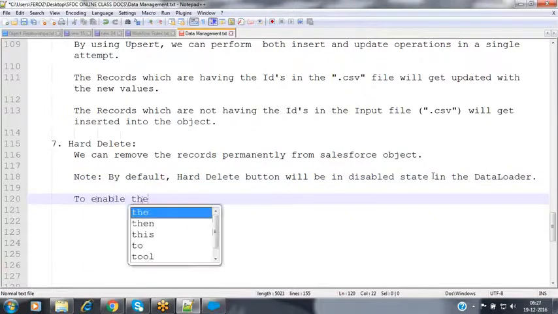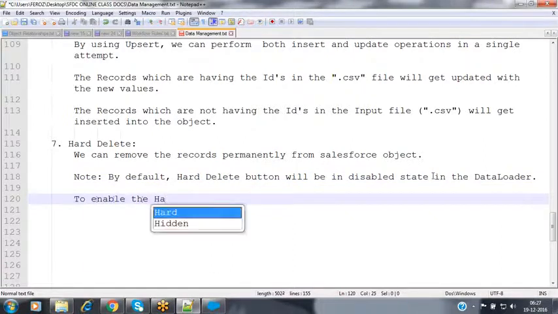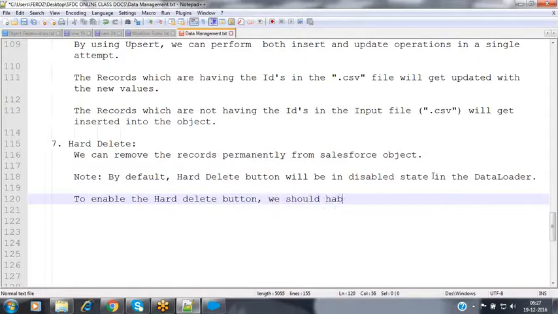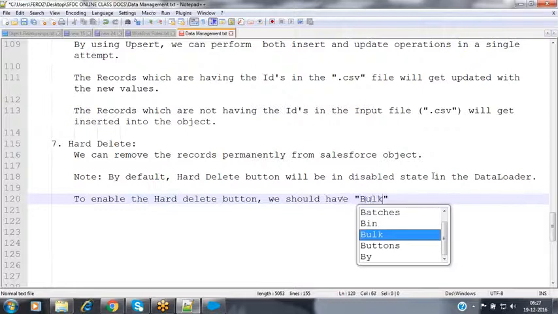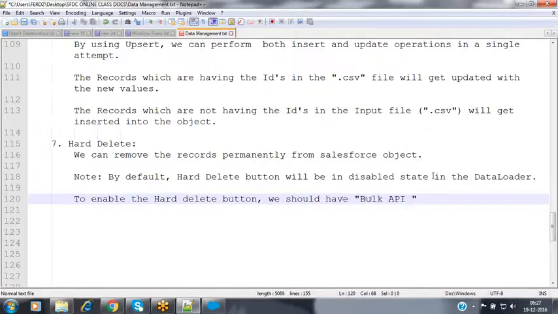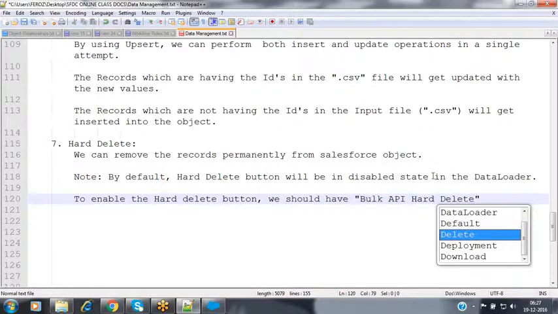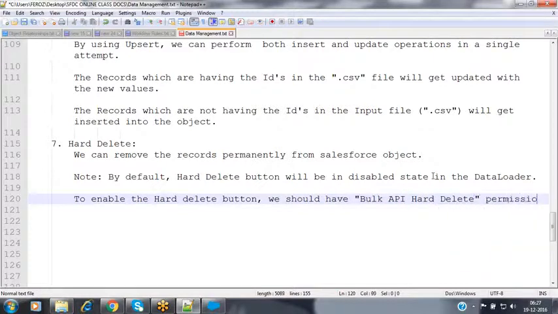To enable the hard delete button, we should have the bulk API hard delete permission at the profile level.